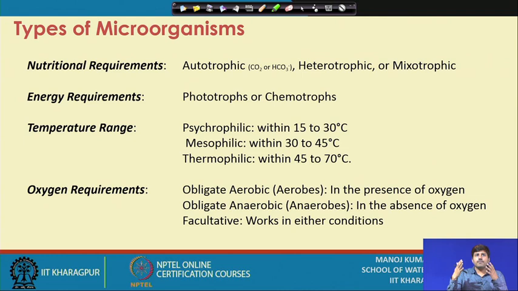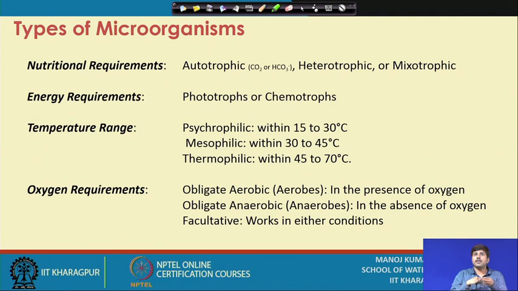There is a variety of microorganisms. If we go by species, I do not know the exact number, but maybe thousands and lakhs of species have been identified. If we try to classify these microorganisms, there are different ways through which we can classify. We can classify based on their nutritional requirement, so from where they are getting their nutrition or their carbon source. So, there are autotrophic microorganisms,